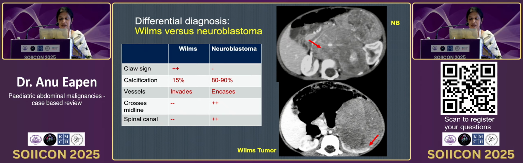Then the presence of calcification is a feature of neuroblastoma, extensive calcification. Wilms is actually a tumor with very little calcification. Wilms, as you know, can invade the renal vein, it can extend into the vein, whereas neuroblastomas encase the vessels, they can lift up the aorta, but usually they do not. Invasion is a feature of Wilms. And the other features that you see with neuroblastoma, crossing the midline, extending into the spinal canal, all these point towards a